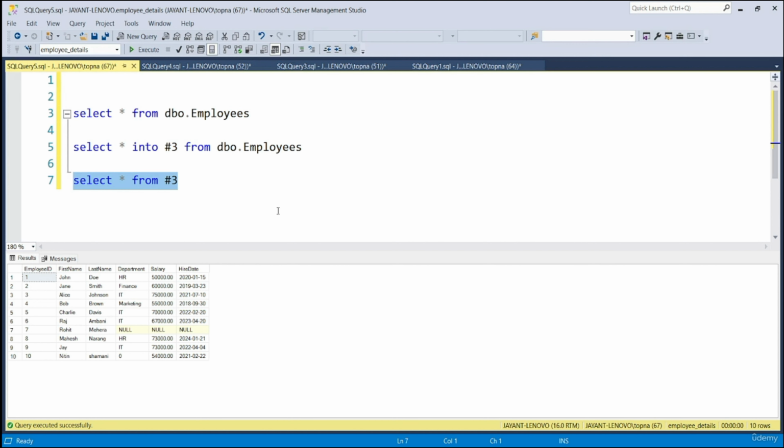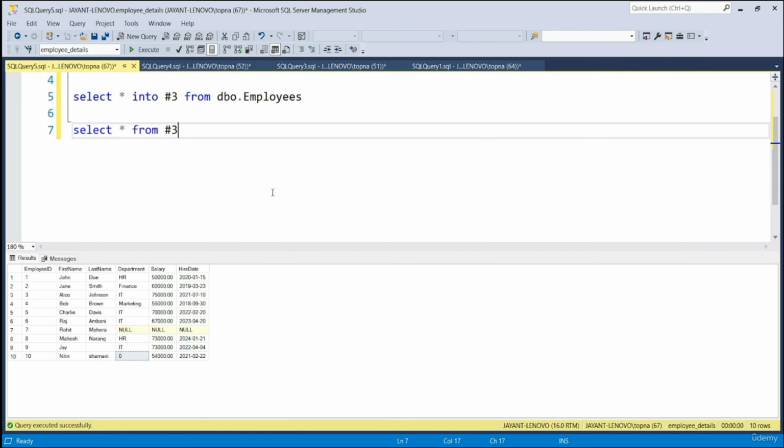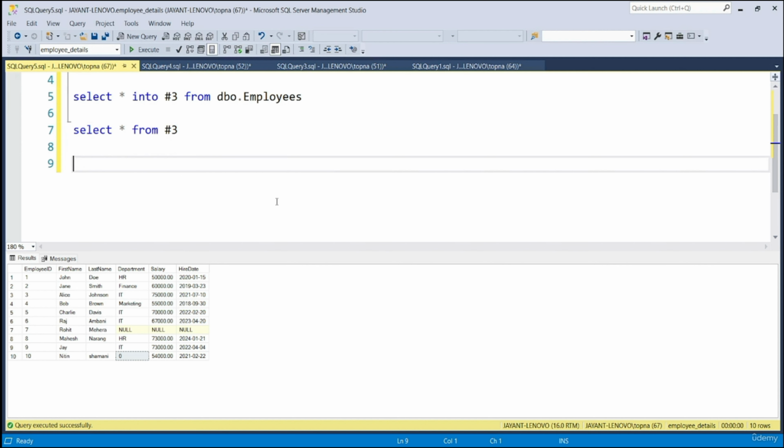Now, let's say we are interested in deleting those records from this table where department is equal to 0 or last name is blank. So record number 9 and record number 10 should be deleted. So we have to write such a statement. How can we write that? I'll press enter twice, come to line number 9 and write delete from the table name.